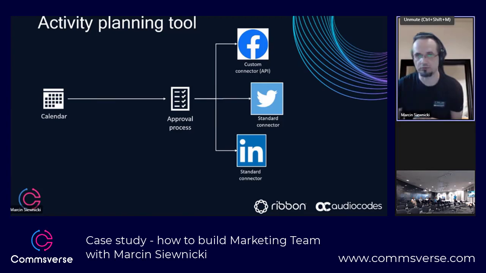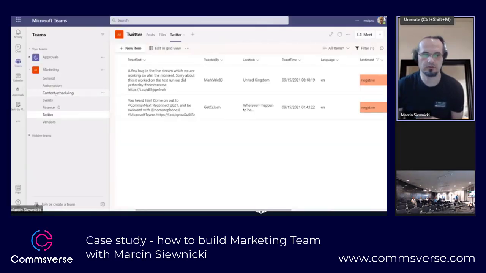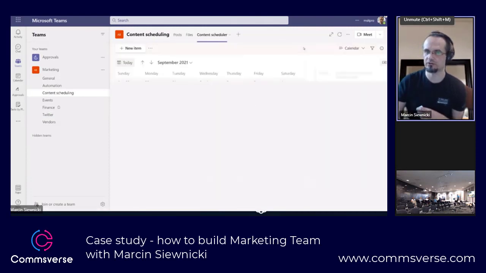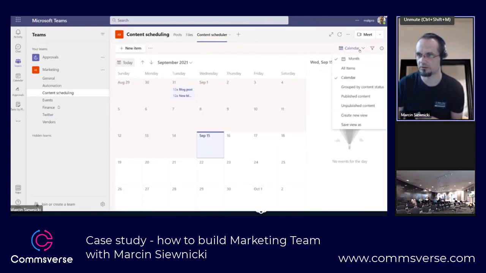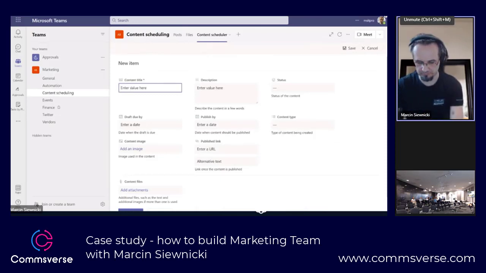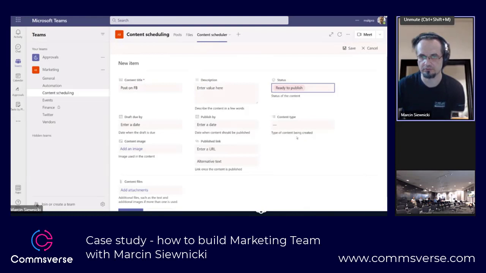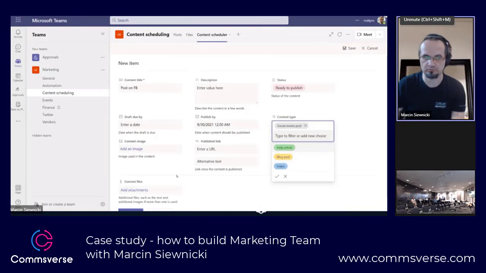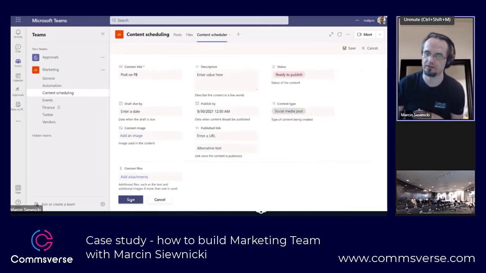Okay, and quickly switch to how it works. It's also very simple. A dedicated list in Teams, so everyone can go there. It's in calendar view. Quickly create new items. So a post on Facebook, some description, some status if I need, for example, ready to publish. I can set up a date, so I want it to be published on the last day of the month. Let's say a social media post. I can add some image. That's it. If I click save,